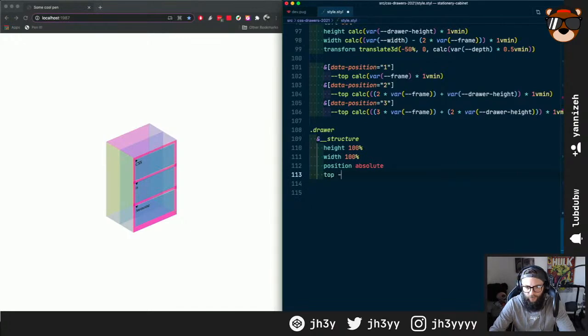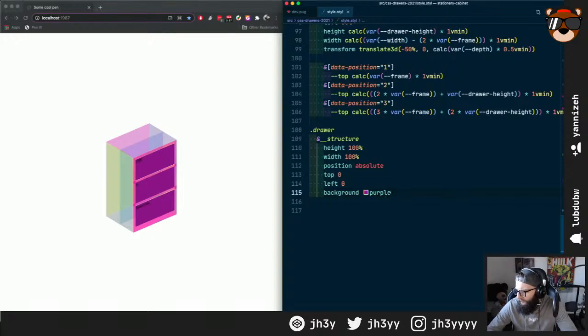I guess we'll go position absolute, top left 0, and let's just give it a background of purple. Cool. So that's pretty straightforward. But the next part is actually creating the drawers. So if we said